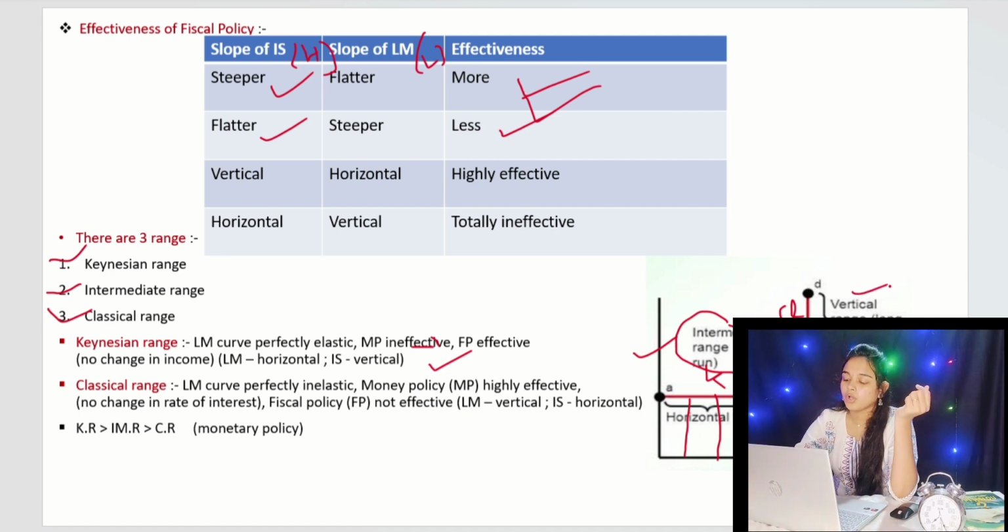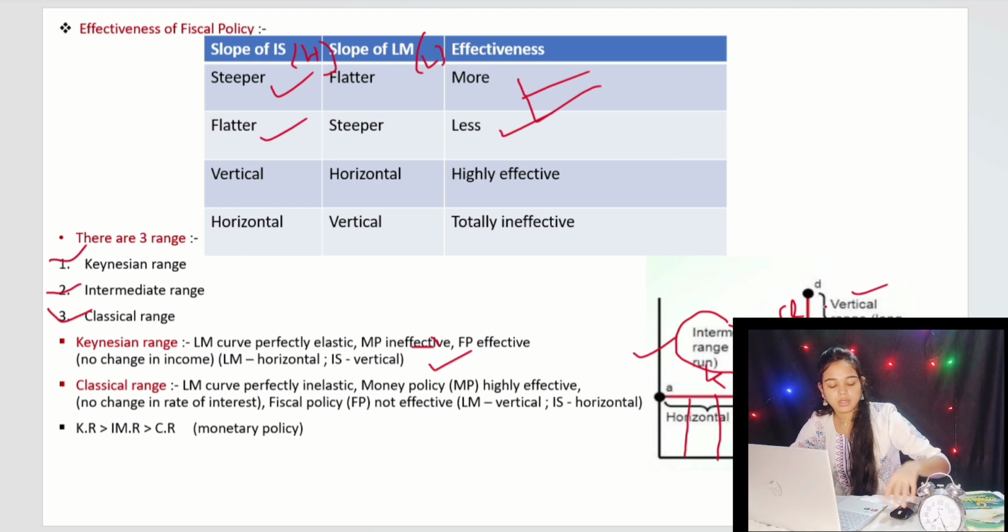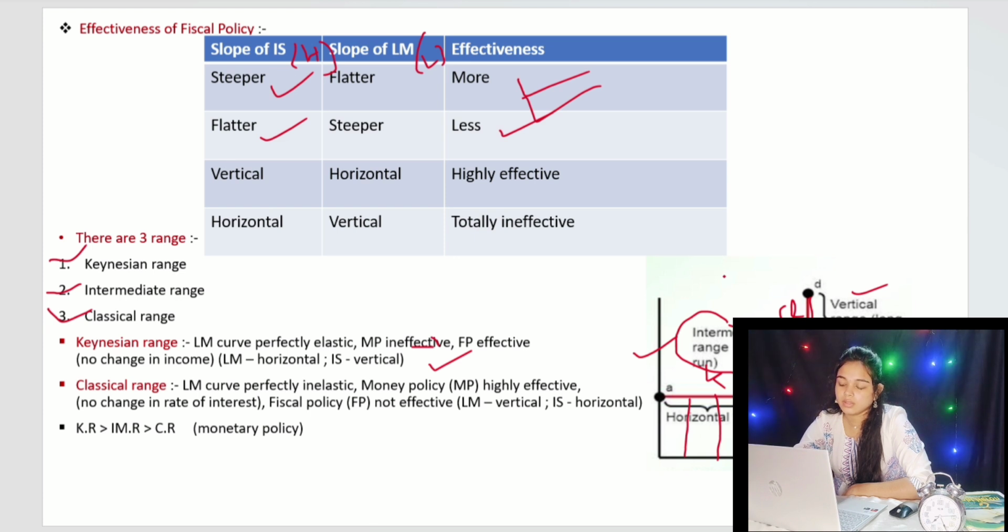In the classical view, the LM curve is perfectly inelastic. Perfectly inelastic means the LM curve is vertical, and the LM curve being vertical means the IS curve is horizontal. So monetary policy is highly effective, meaning no change in the rate of interest, and fiscal policy